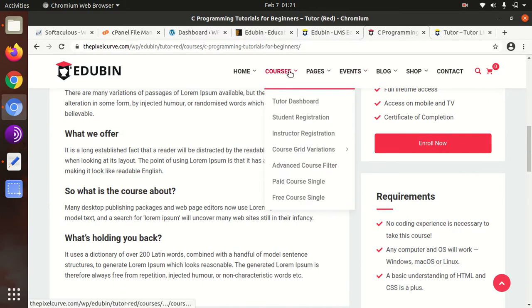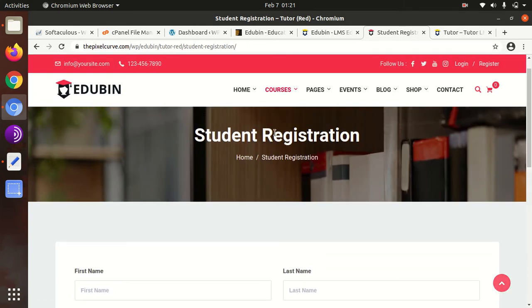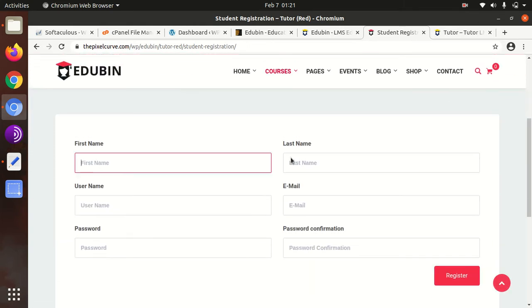And I'll also show you some other pages like student registration. This is the student registration page, in which the basic registration form is here.